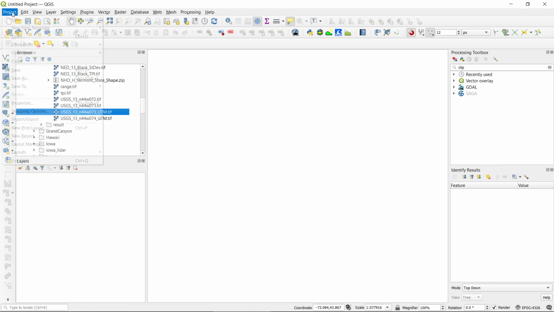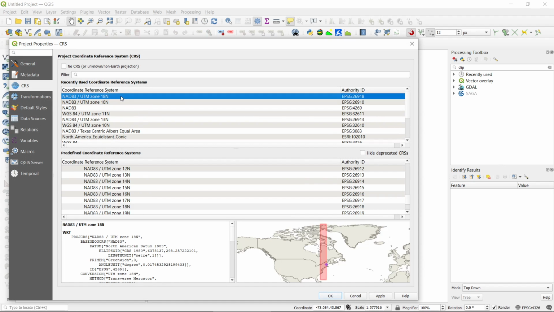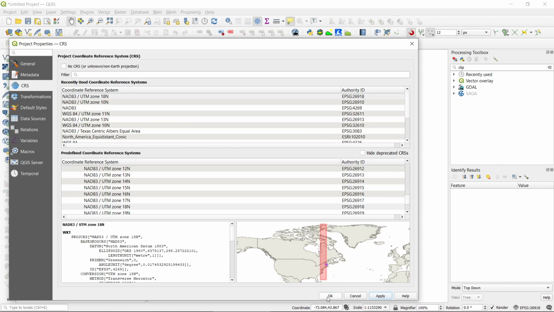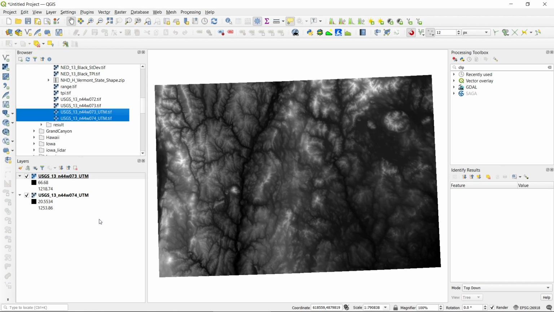And so we're going to set our project CRS. Okay, so project properties, and then do 18 north, apply, okay, and then we can drag in both of those UTM values in there. So once we've got those in, we can go ahead and add our HUC8 boundaries as well,